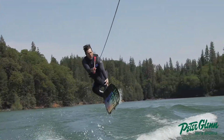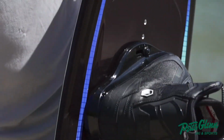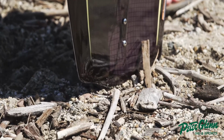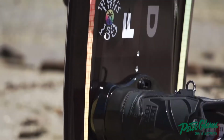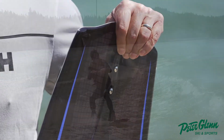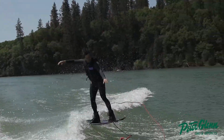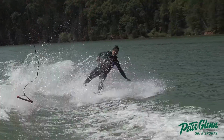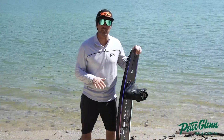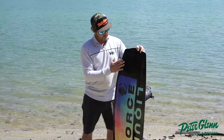It's got continuous rocker, and I can explain that. Some boards, the rocker is continuous, so the whole board is curved. There's some boards where they have a more aggressive rocker at the tip and the tail, and that's typically more pro, advanced expert style boards, which I'm not really that guy. I mean, at one point, maybe arguably, I was pretty good, but I grew up on this continuous rocker, so I like this feel. And also just the way they molded in the fins,